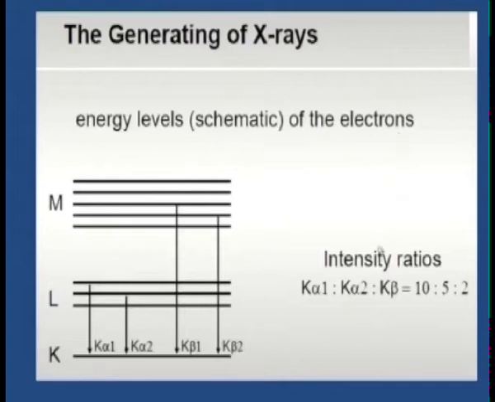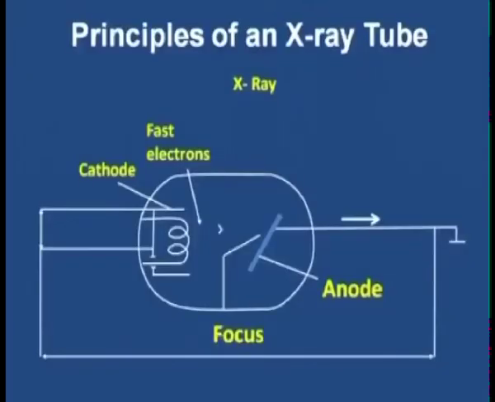And the intensity ratios: K alpha 1, and this is called K alpha 2, the radiation coming from this level to this level, and K beta. The ratio is like this, 10:5:2. So, K alpha 1 will have a higher intensity. Okay, once again I will show the same thing here, the X-rays falling on a target